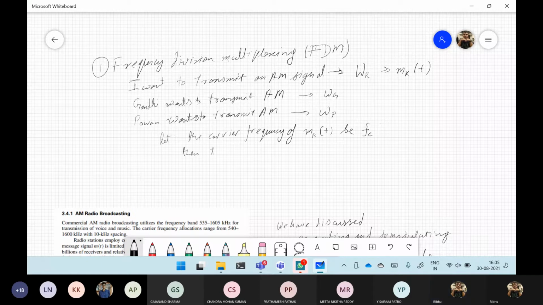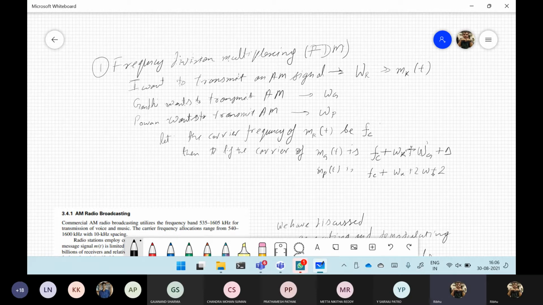Then if the carrier of MGT is FC plus WR, because it takes double the bandwidth, plus delta, and the carrier of MPT is FC plus 2WG plus 2 delta, then